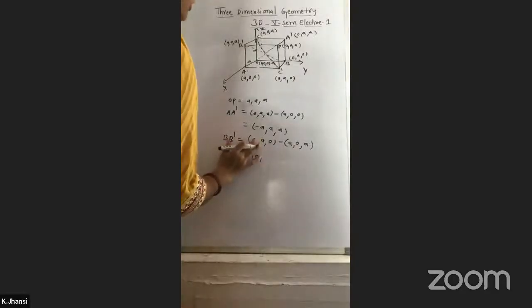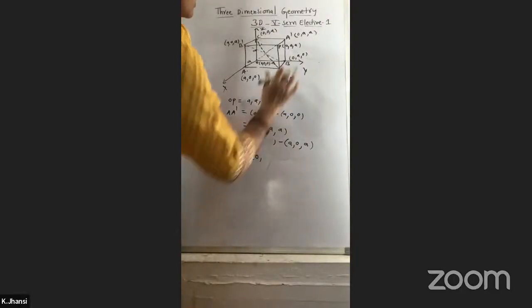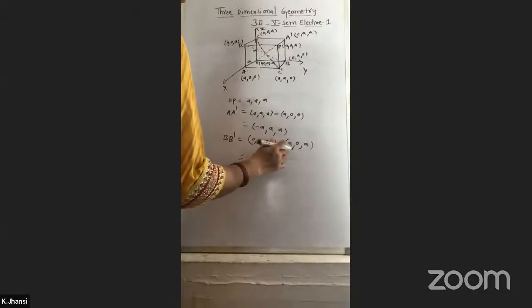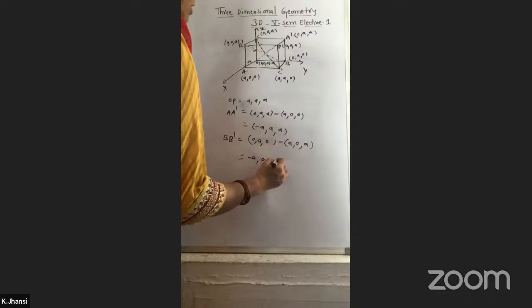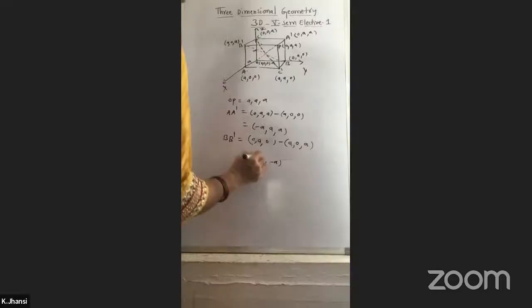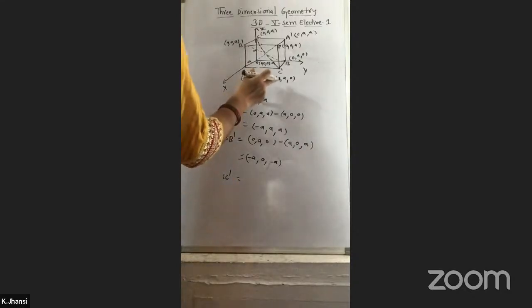Ma'am, B is 0, comma A, comma 0. I have written the C value. Yes, 0 comma A comma 0. So 0 minus A means minus A. A minus 0 means A. 0 minus A means minus A. Okay. Next, C dash. C dash means